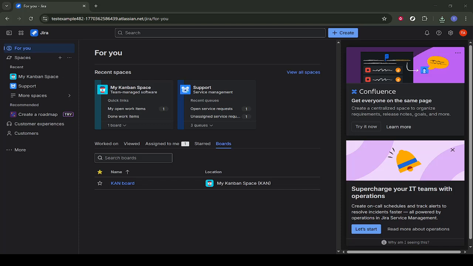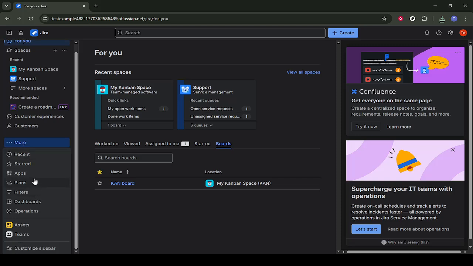First, navigate to the For You page in Jira. You can get there from your main Jira dashboard by using the main navigation bar at the top of the screen. Look for the Jira logo or your product switcher, and from there, choose the For You section. This area is often tailored to your work and your site, but it also gives you quick access to things